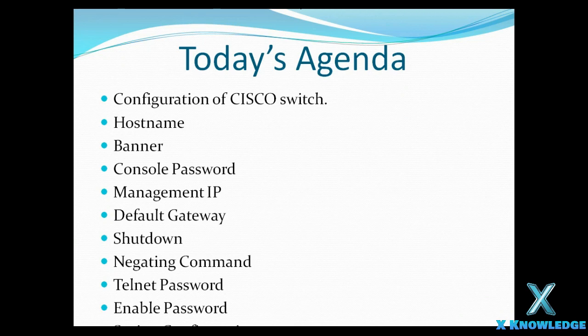Although you might not be able to see the saving configuration option, I will be discussing it too, like how you can save the running configuration to the startup configuration, so that whenever the switch gets rebooted, the running configuration which we will be doing right now gets executed. And I will be performing all these steps in the Cisco Packet Tracer switch. So let's jump to Cisco Packet Tracer.